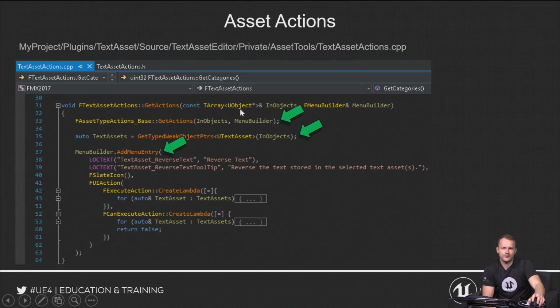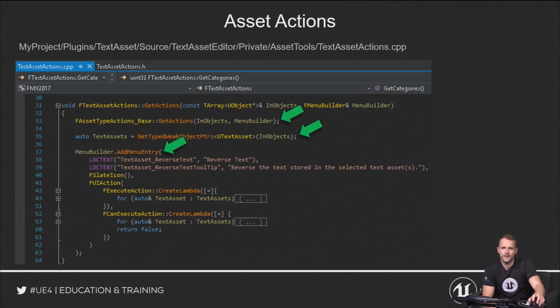So UObjects, like I explained in the previous video, are actually garbage collected. And it means that if we are holding on to a raw C++ pointer to those kinds of objects, it is possible that the garbage collector deletes and destroys those objects. So our pointer might actually be pointing to invalid memory,